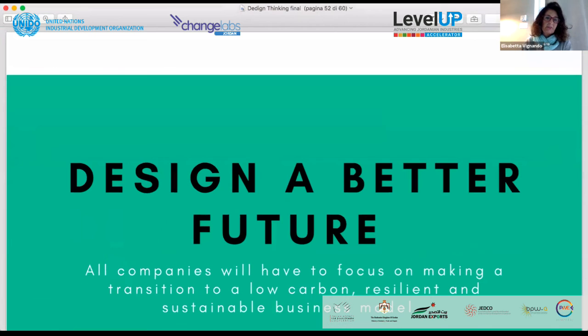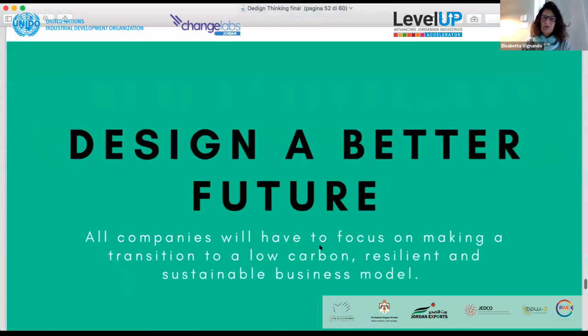Design a better future. All companies have to focus on making a transition to a low carbon, resilient and sustainable business model. So when we are looking for a new business model to launch, we have to take into consideration that sustainability, now and in the future, will be a very important asset. If, for example, in the fashion industry, you use sustainable materials, and you can communicate this,